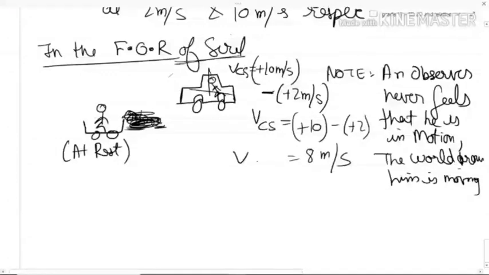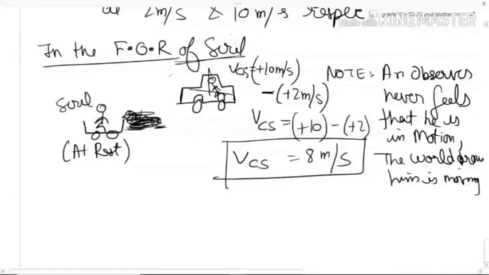So can you see, guys, this particular thing? Cyril is not observing the car to be moving at 10 meters per second. Who was observing the car to be moving at 10 meters per second? Tanish. But Cyril was observing that the car is moving at only 8 meters per second towards right. Is this clear? So can you see, when you change the frame, automatically what happened? The velocity decreased.